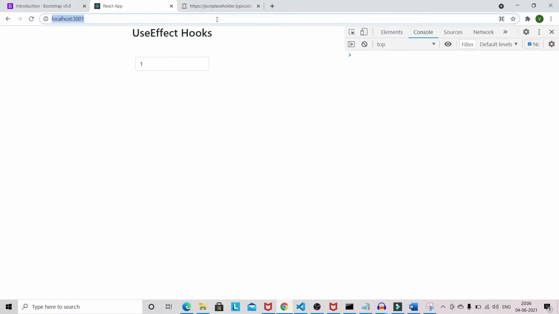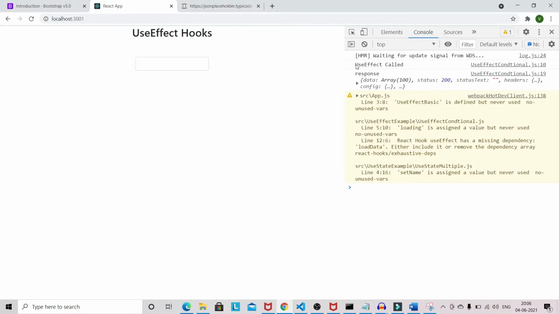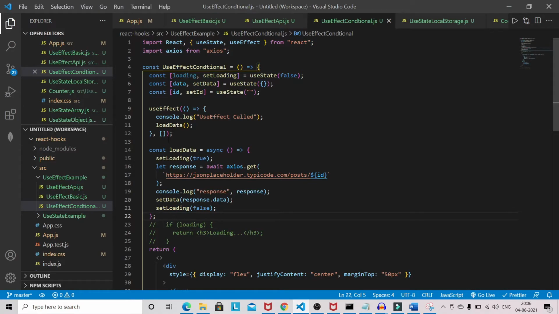That means useEffect is getting called only once, and if I give the ID, it's not getting called. useEffect is not executing anymore because we haven't passed any dependency on which it should watch. So we have to pass the ID. So whenever the ID is changed, the useEffect will run again and again, on the basis of the ID change.